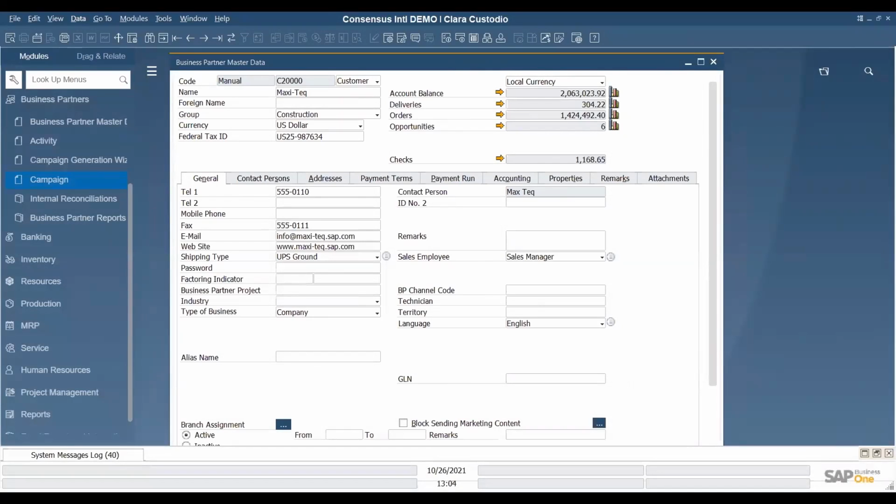As a best practice, we recommend using system fields and maybe changing the name, which is something that you can do. But in some cases, it is necessary to create user-defined fields or tables.